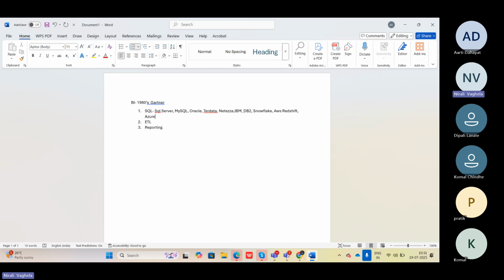It depends on the company which database they would like to opt for. Similarly in our situation, someone will like a Mi phone, someone will like a OnePlus phone, someone will like an Apple phone, right? In the same way, the company will decide which technology or tool they should go for. They could start with where they completely want to move to the cloud, or stay on premises. Accordingly they will use it.